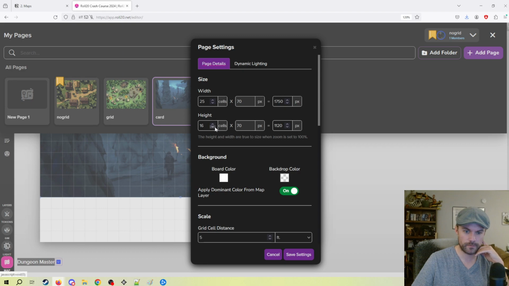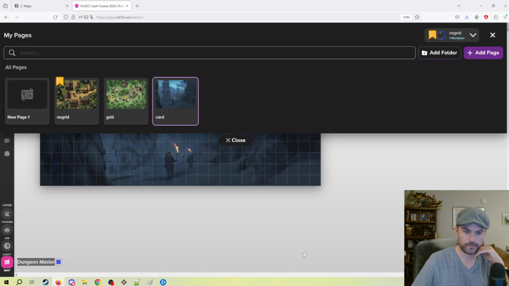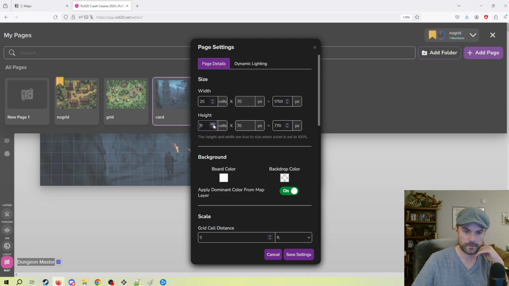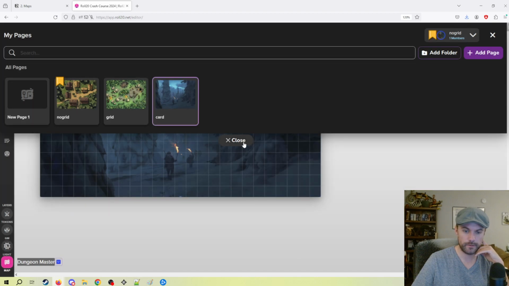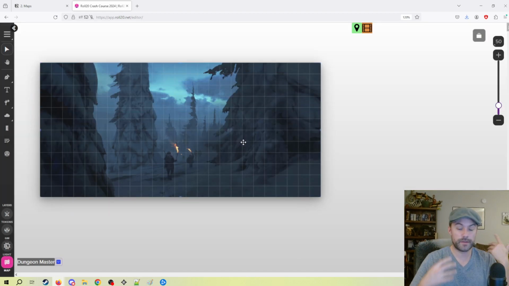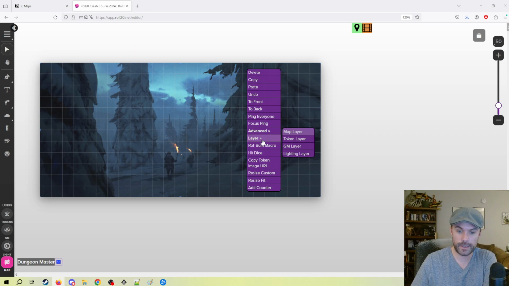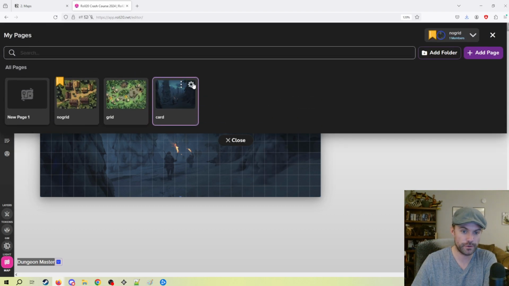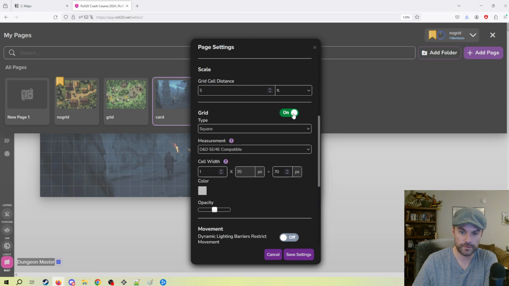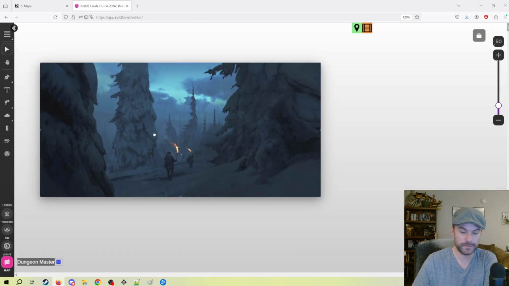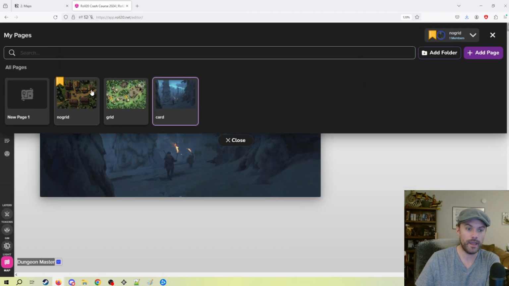Need to go a little more. Might have been too many. There we go. And then lastly, because we're not using this as a map per se, we're not putting tokens on here, we don't need to do any of that. We can actually go into the page settings and just turn the grid off. So let's do that. And now when players see this, when we go up to here and we drag the